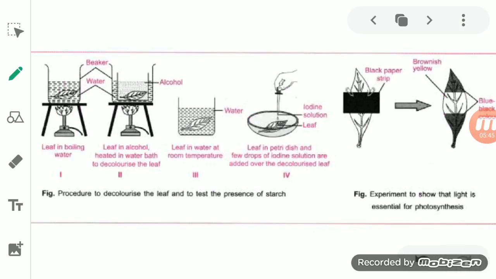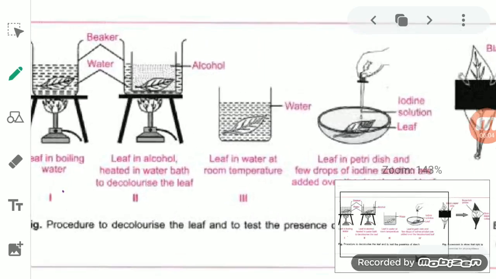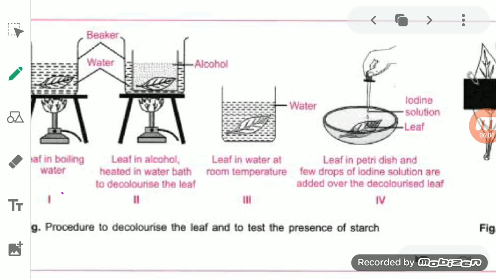Now after plucking the partially covered leaf, we will remove the aluminium foil from it, and we will do the same process that we had done earlier in the experiment. What will we do first? At first we will remove the aluminium foil, then we will keep it in boiling water. By keeping it in the boiling water, the membrane present in it becomes loose. As it becomes loose, when you add the iodine solution, it will absorb the iodine solution properly.